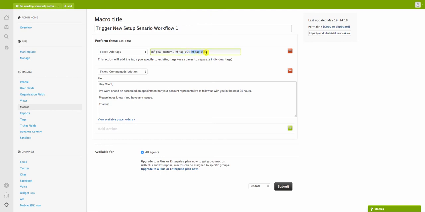And you can see that you can add these different custom macros at any point in your Zendesk support flow. Pretty cool. But that's still a manual process. Say we wanted to automate this process even more. What we can do is use Zendesk's built-in triggers to trigger off of any type of action that happens inside of Zendesk. So for example,